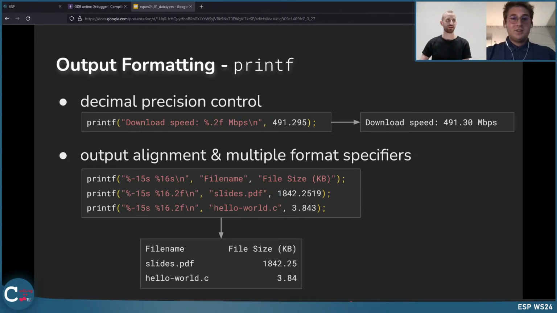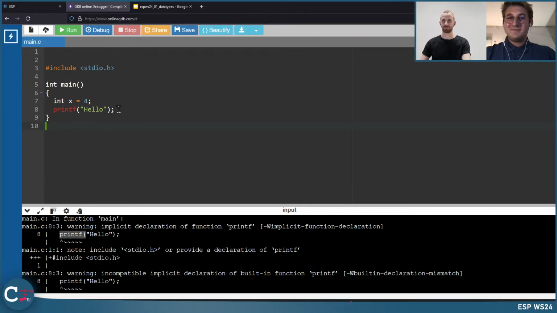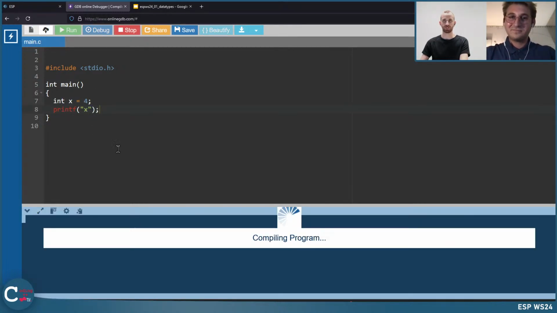One thing to highlight here, maybe, because it might come up: if I have something like this and I just want to write here the value of x, why not doing it like this? So this would also be legit because I have here an x variable that I just want to print. So what happens now?